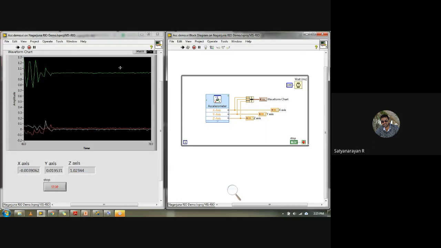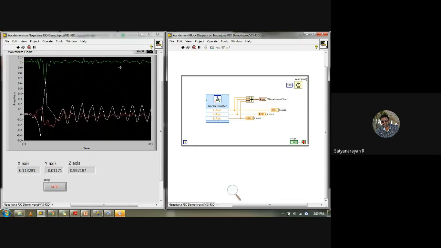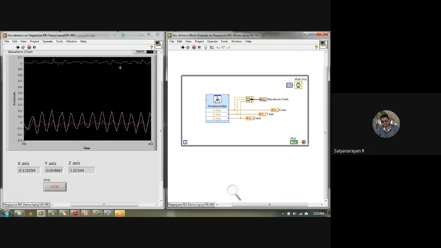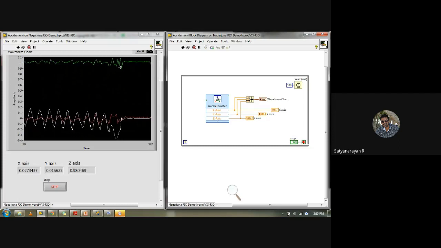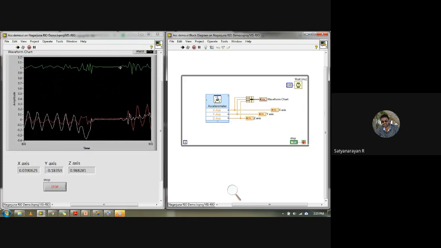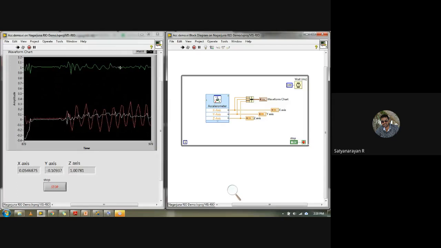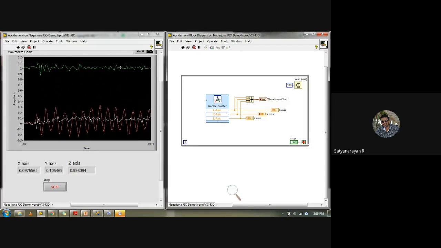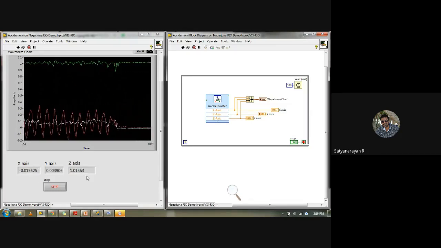Correct. So now if I try to tap towards x, you can just see the white color signal you are getting is iterating more, means I'm giving a distortion for the x-axis. Okay, so now if I give distortion for y, you can just see red is giving me more values, more number of values. The same values you can just watch over the indicators here, whatever indicators I've given.